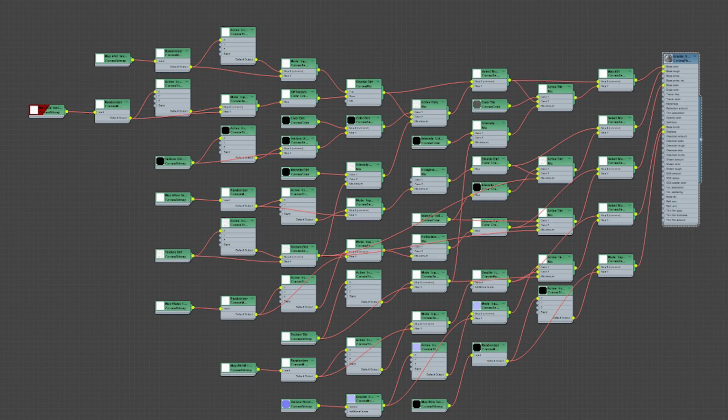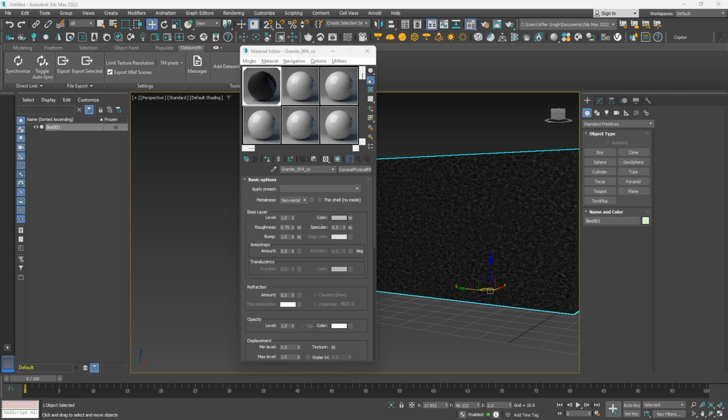MatBox also comes with powerful customization features that let you fine-tune materials to match your exact needs. We'll explore those next. 1. Adding dirt to materials. Let's take a look at how to add dirt effects to your material. Before we begin, keep in mind that the dirt effect is only visible in the final render, not in the